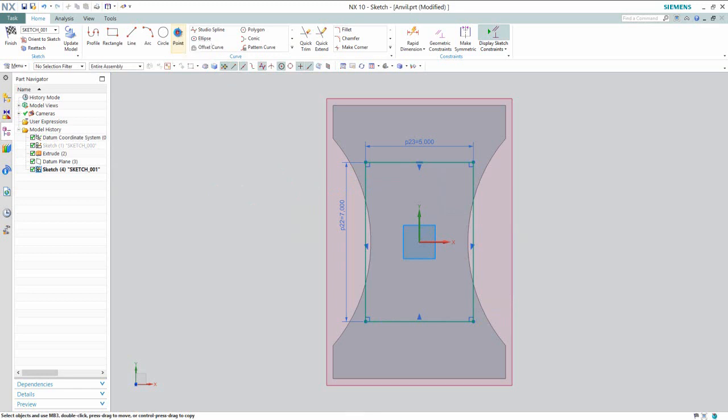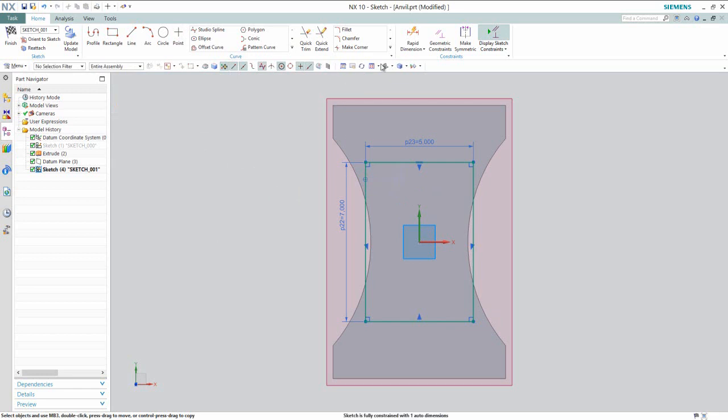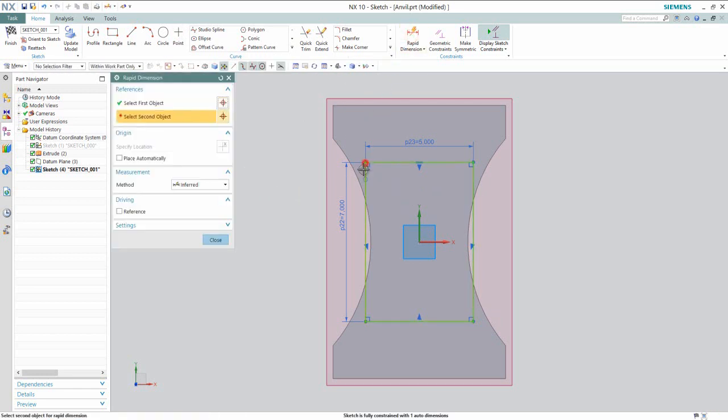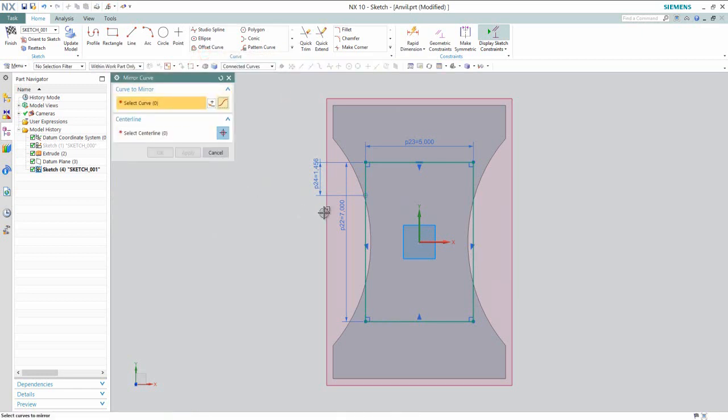Now create a point on this line, activate the rapid dimension tool and apply the dimension between the endpoint of the line and this point. Now we will activate the mirror curve command and select this point.